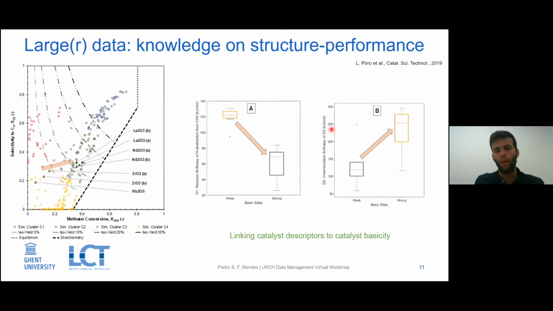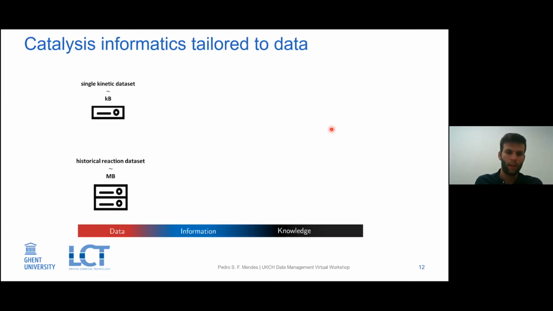So by combining fundamental kinetics and experimental data, we're able to do this link between the catalytic descriptors, the catalyst basicity, and then understand the differences in performance in this historical data. So to summarize, I showcased two types of data sets that were different in size, which are typical for catalytic data. Very small, a few points data set, and then we are talking about dozens or hundreds of points for historical data sets, but not only